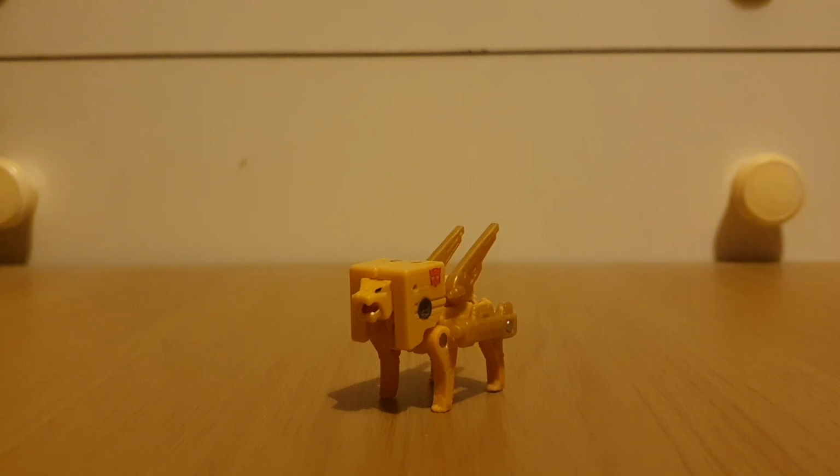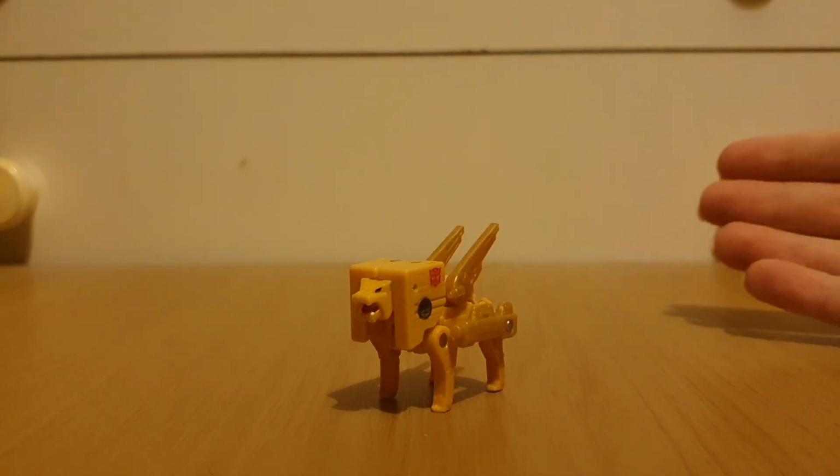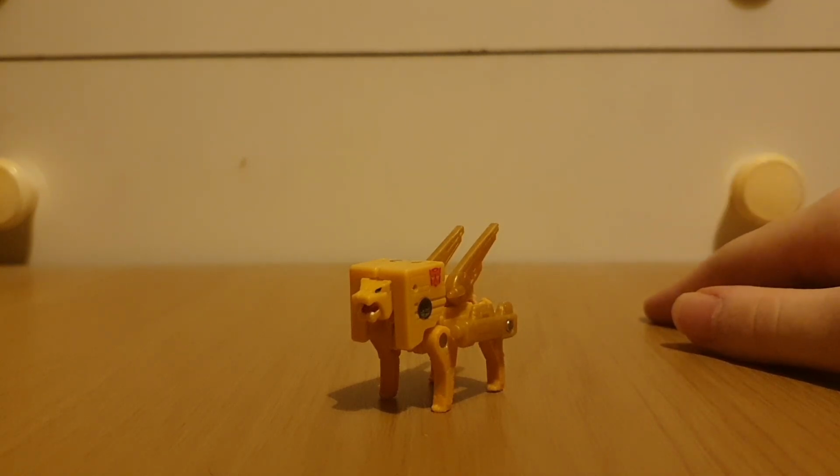The only reason I bought this guy was because I needed like £10 to add to a bunch of figures I was buying. I probably should have just bought Korokai's Bumblebee Starscream instead. But